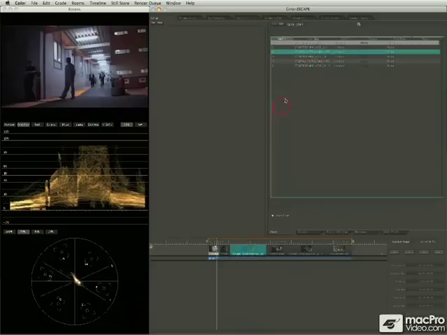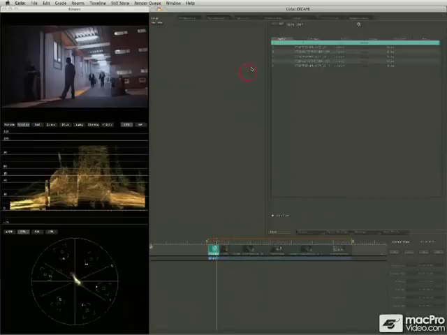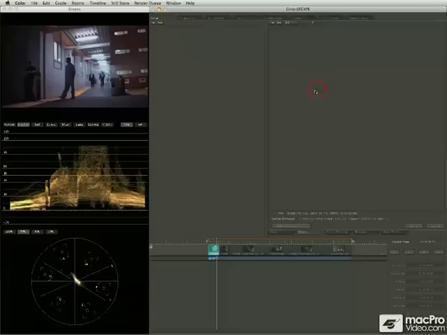If you select one over here, it becomes selected here, and so forth. It's a live connection between what's going on in the timeline and here in the shots list. This grades tab we'll come back to once we have some grades in there.